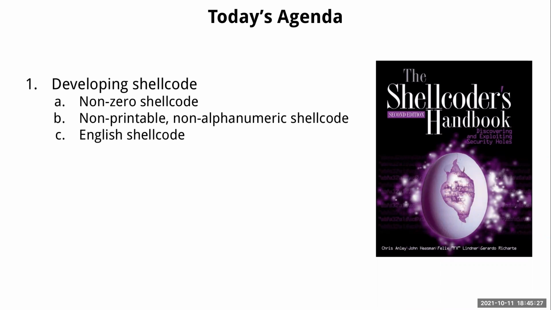There's an old book, the Shellcoder's Handbook. You can probably get this for $3-4 on Amazon because it's really old, maybe 20 years old. In this book, they talk about how to develop shellcode for different architectures. The architectures are different, but the idea is the same: making different system calls. So you can learn what system calls are available on the architecture. You need to write several lines of